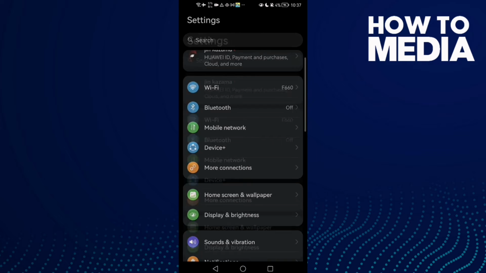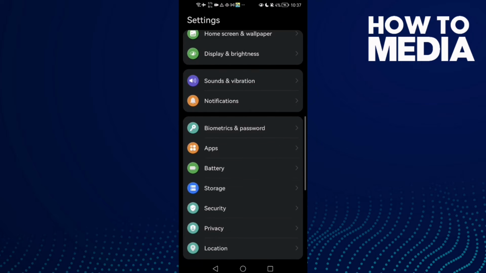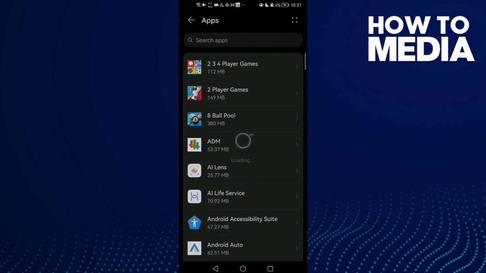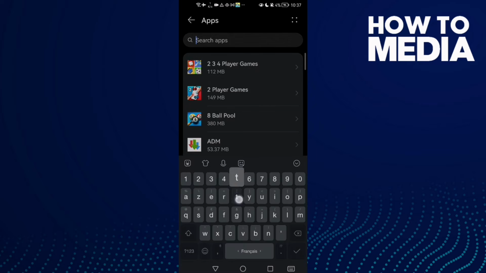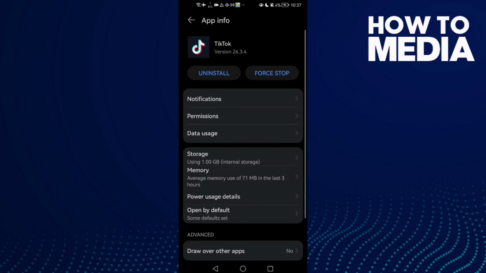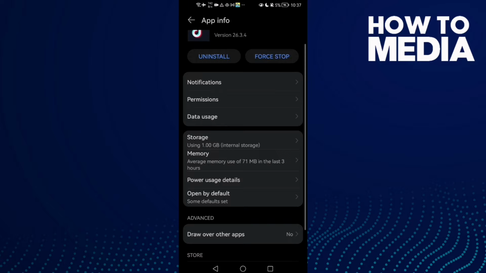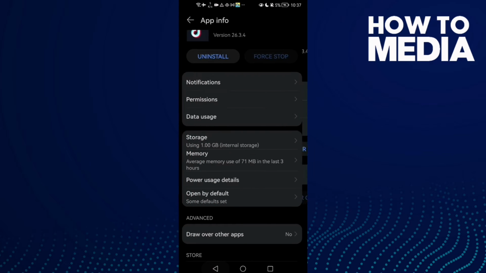First, just go to settings and then scroll down until you find apps and then click apps again. Now just type here TikTok and click on it and then click force stop and go to storage, clear cache,